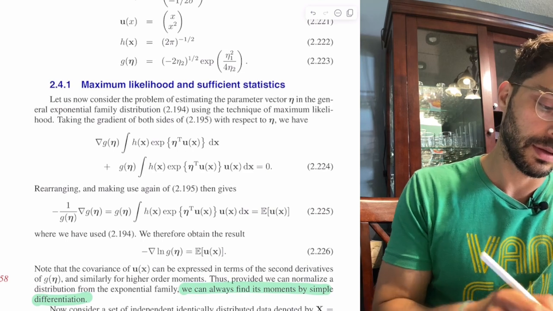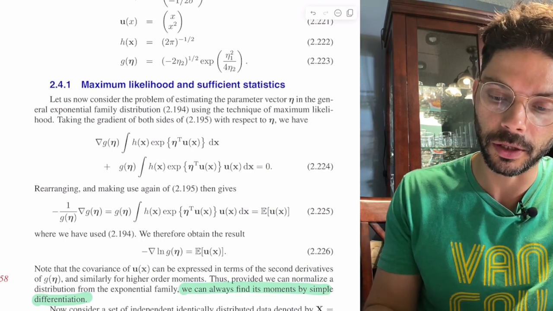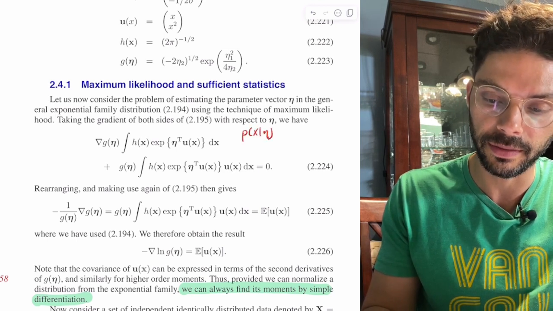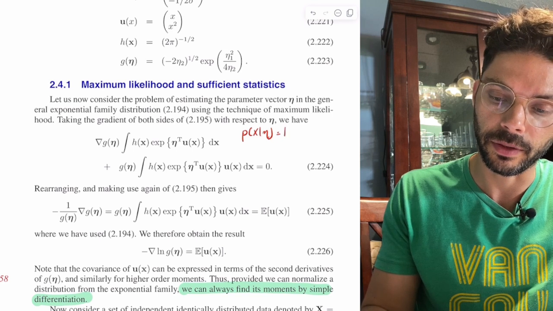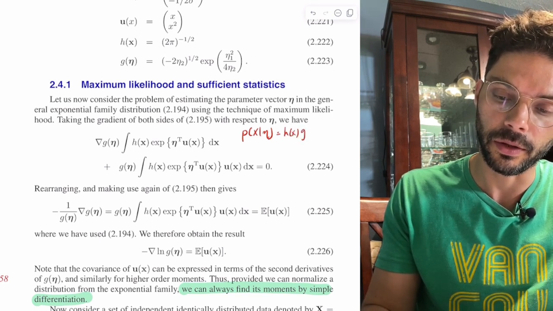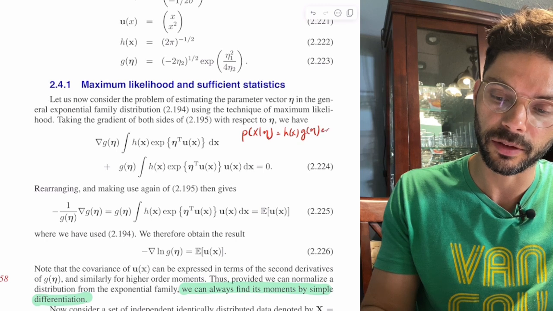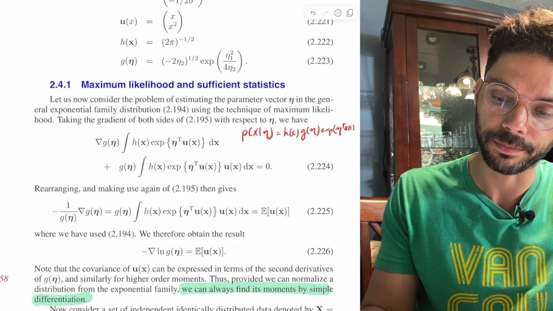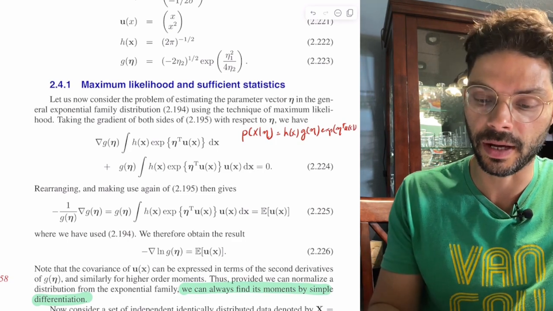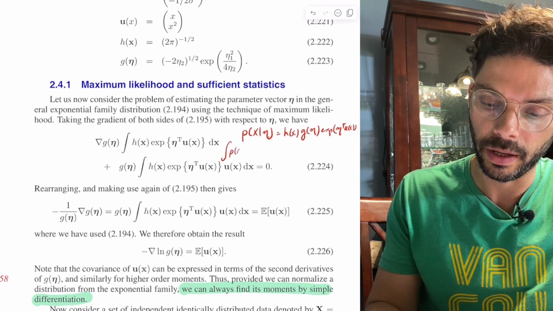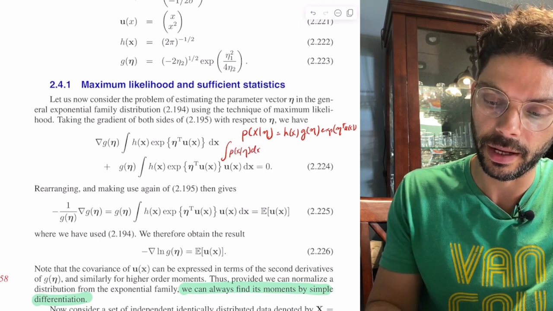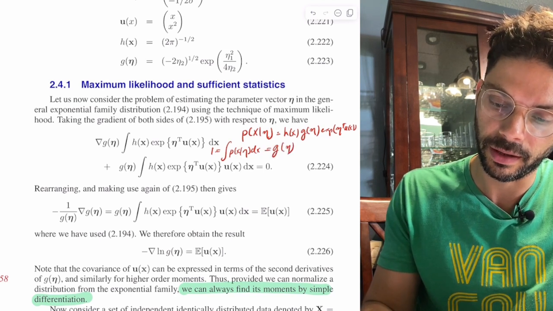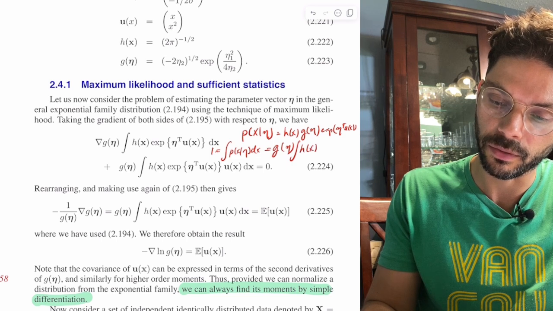You'll remember that for the exponential family, we had the form p of x given eta. It had some function h of x, and then there was a g of eta, and then there was an exponential of eta transpose u of x, right? And we know that this thing has to integrate to 1, so the integral of p of x given eta dx equals 1, and we can take the g of eta out, and we get h of x, exp